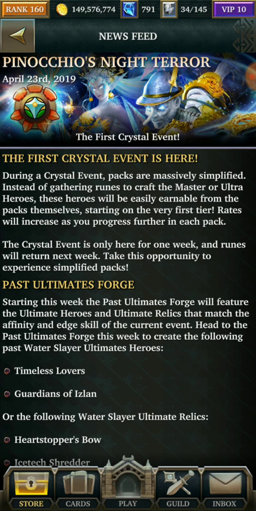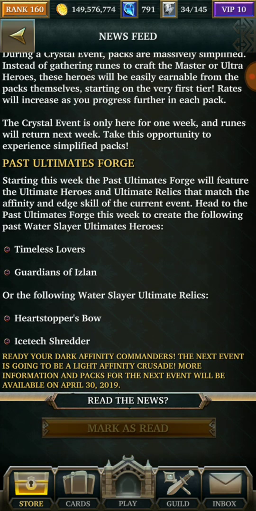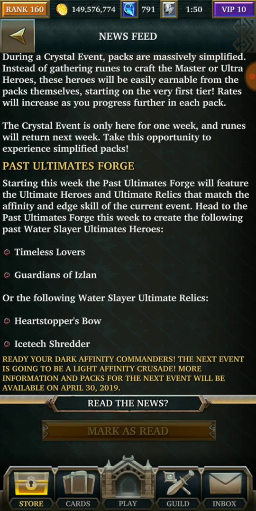Starting this week, the past Ultimate 4s will feature Ultimate Heroes and Ultimate Relics that match the affinity and the edge skill of the current event. Timeless Lovers, Guardians of Islons, and then the Heartstopper's Bow and the Ice Tech Shredder. I have all these except for the Heartstopper's Bow. I did not get a second relic, so I do not know how well this will work for me, but